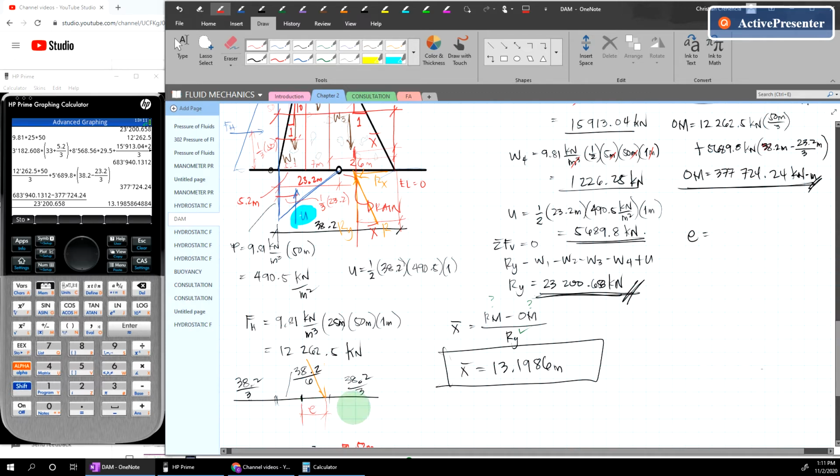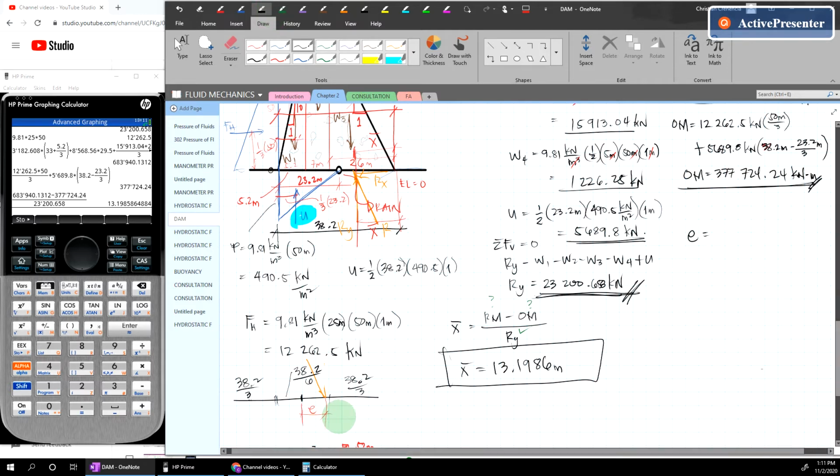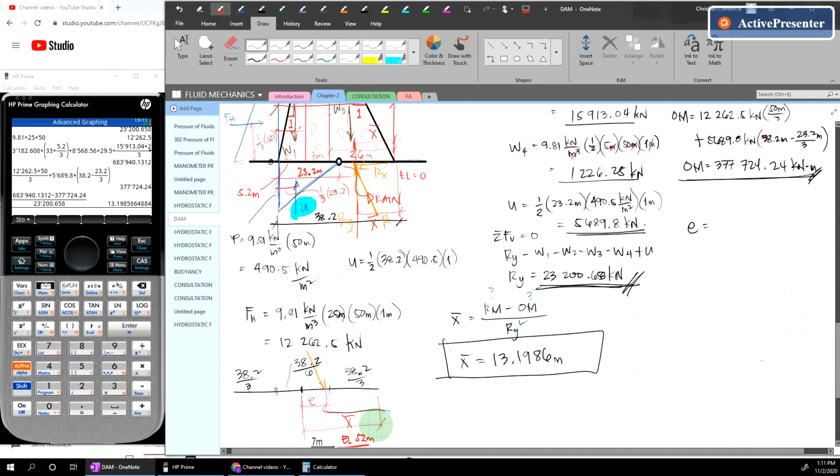Okay, so if that is less than 38.2 over 6, then nandun tayo sa middle thirds. So, solve muna natin yung distance E. So, yung distance E, tama ba na ito yung x bar? Ito yung x bar natin. Taas ko lang ng konti. Okay, so this is x bar, this is b over 2. Okay? So solving for E, so based on sa dito sa